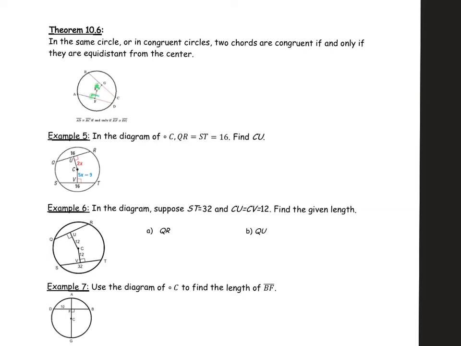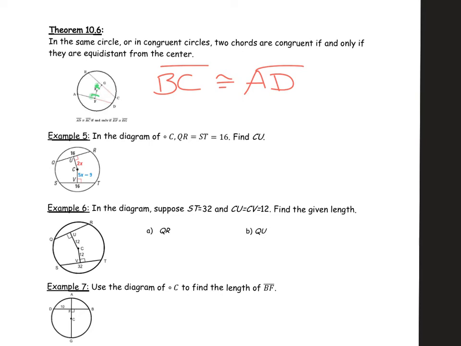EG and EF are congruent, if that happens, then we can say that BC is congruent to AD. Okay, so when the chords are equidistant from the center, then they are congruent. The chords are congruent. So using that example here, in example 5, it says, in the diagram of circle C,